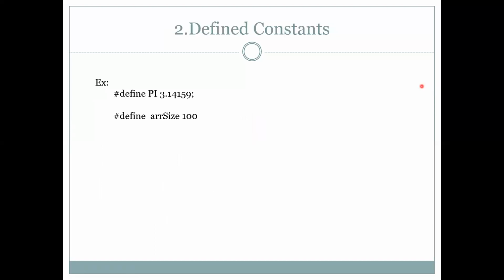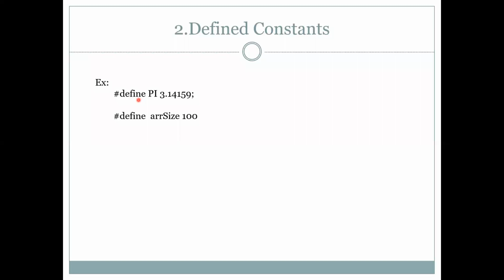The next constant is the defined constant, using the hash define preprocessor directive. Generally we use the hash keyword to include the library files of C++. Similarly, you can define constant variables. The hash define directive causes a macro or symbolic name to be defined as a macro. That is, it sets up an equivalence between the identifier and your text phrases.